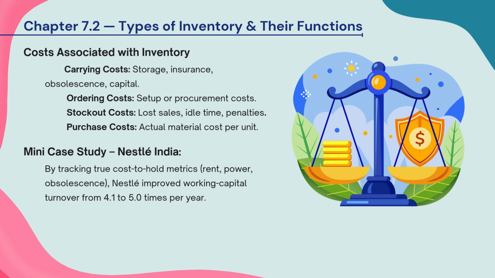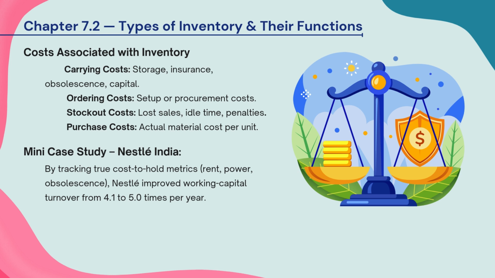Inventory costs include carrying costs: storage, insurance, obsolescence, and capital; ordering costs: setup or procurement; stockout costs: lost sales, idle time, and penalties; and purchase costs: material cost per unit. For example, by tracking the true cost to hold, metrics like rent, power, and obsolescence, Nestle India improved its working capital turnover from 4.1 to 5.0 times per year, demonstrating how effective cost management can